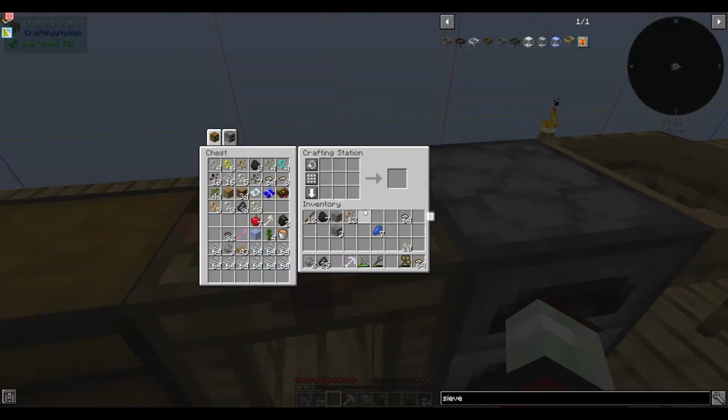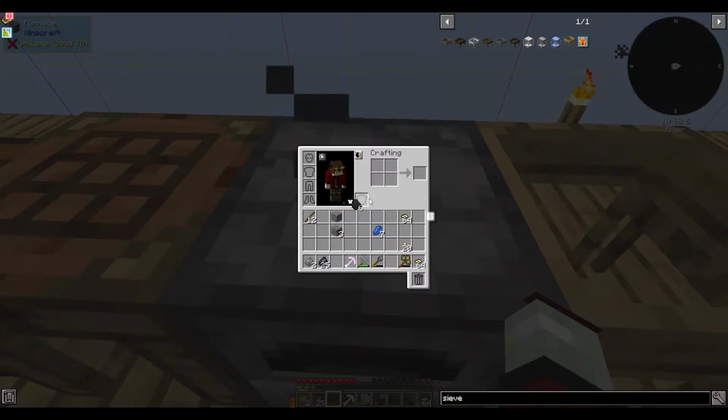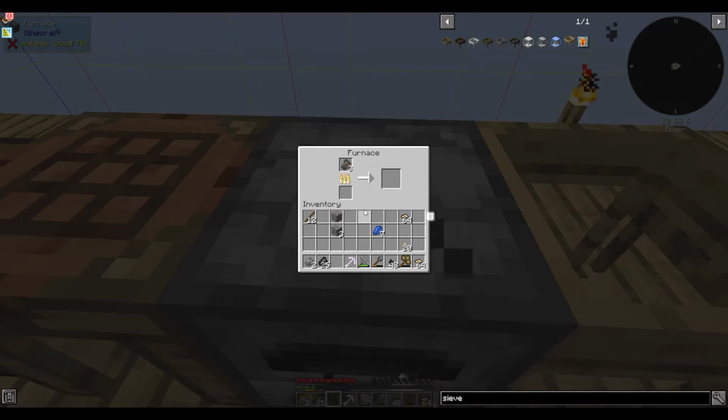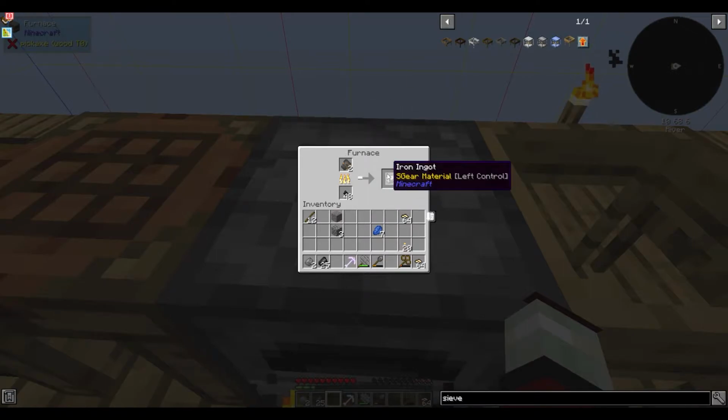Okay, so I've decided to do something slightly different. I've got 12 pieces of iron, and I'm going to turn these 12 pieces into, put a bit of coal in there. One thing you can do with coal, just saying, is it just works with coal. It doesn't work with charcoal. You can make uncompressed coal, so you can stick that in there, and it will do 1 item per piece. So quite useful. Yeah, so I'm going to take the 3 pieces of iron,